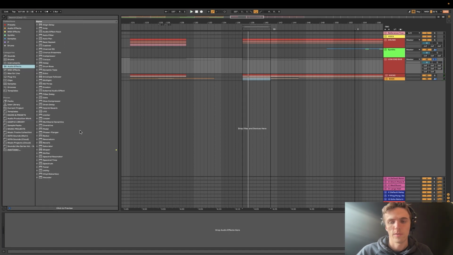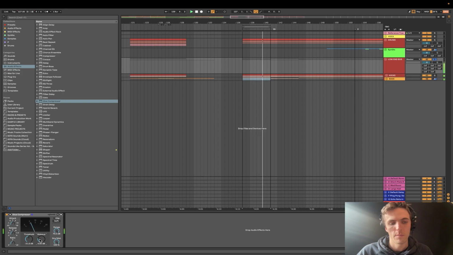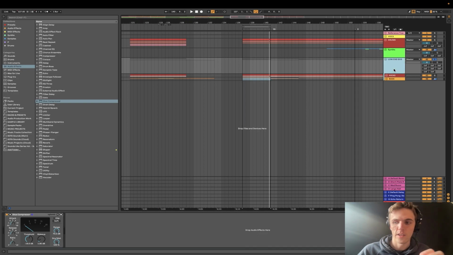So you can obviously load one of the main ones I would load, which is glue compressor, basically just to make sure they're really hitting. I'm just doing this really rough for now, but you could maybe saturate it, EQ it, press it and that kind of thing. There's loads you can do, but basically adding that final glue with a low end group and then processing it